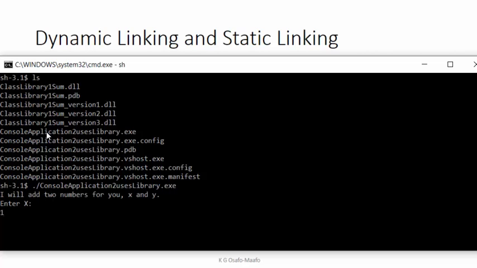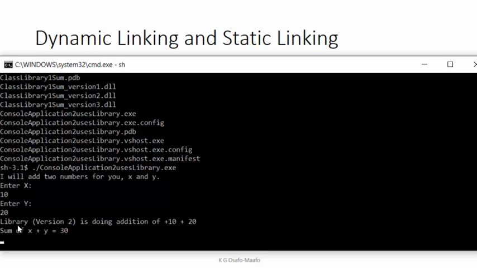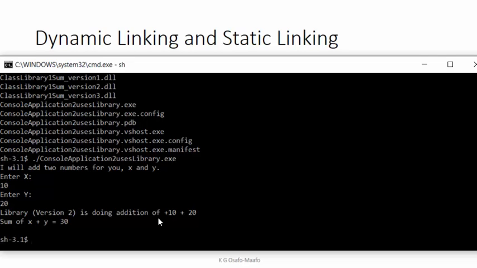So it asks you to enter a number x and a number y, and then it says library version 2 is doing the addition, right? And the sum of x plus y is 30. Enter. Now watch carefully. The only thing I'm going to do is copy class library sum1 version3.dll. DLL means dynamically linked library. I'm going to copy this to